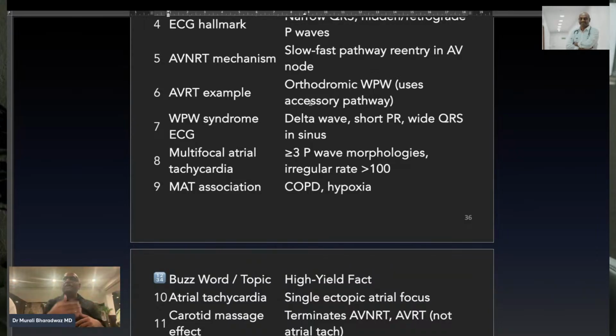Then what is WPW syndrome? Directly the atria and ventricles are connected by an aberrant pathway and they bypass the AV node. That is called WPW syndrome. Because of that, what will happen? The AV node is the one which causes the delay for the P wave becoming QRS, from atria into ventricle. So the PR interval, between the P wave and QRS, is created because of the AV node. If that is bypassed, the PR becomes short. And when the ventricle is excited,